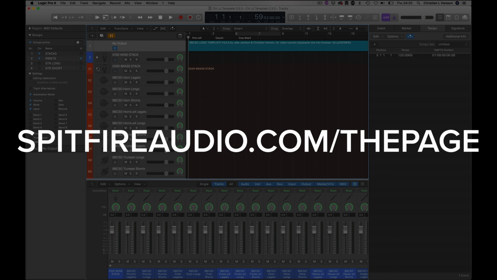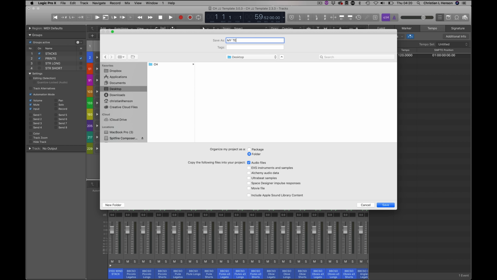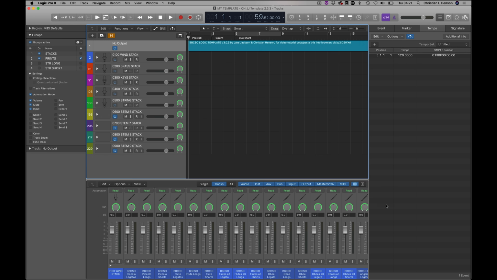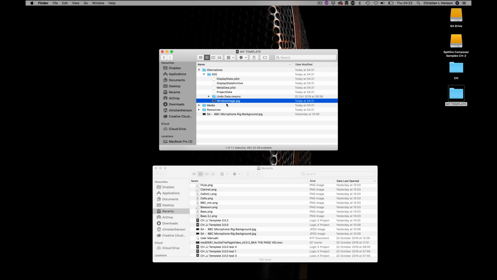Just so you know, we've locked this session file so you can't write over it, so whatever changes you make, you'll have to do a save as, and once you have a template that exactly suits your preferences and workflow, we recommend you save it down into templates. And if you want to be really fancy,